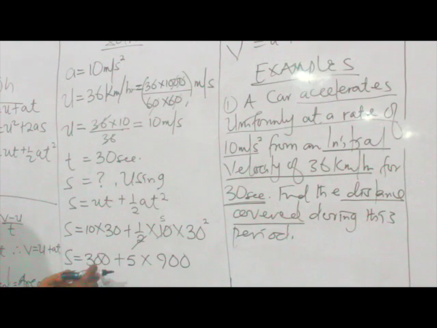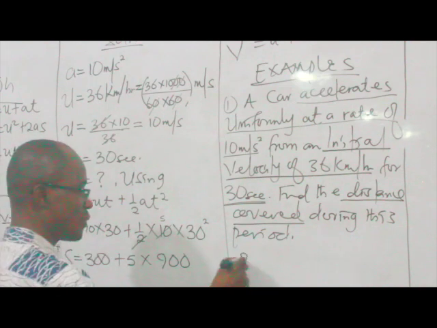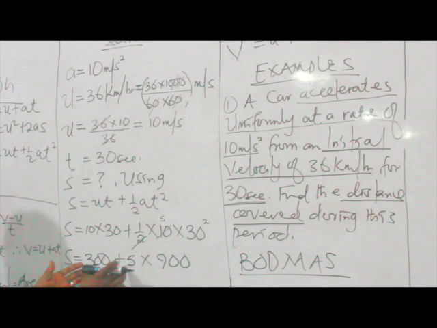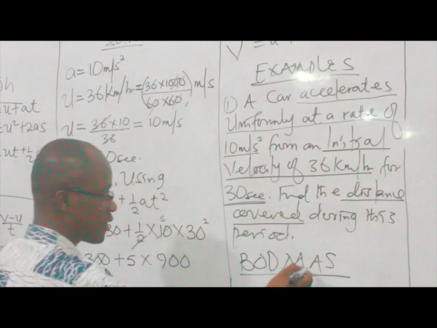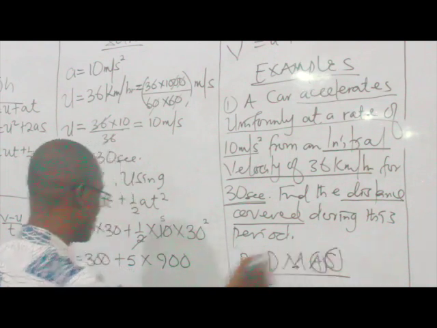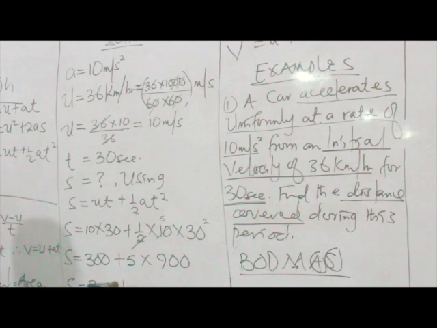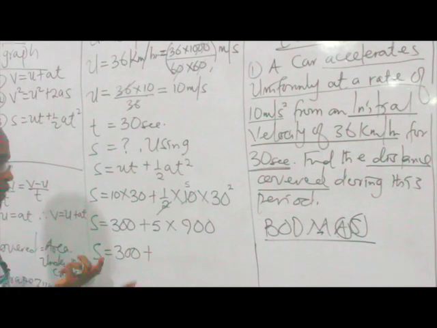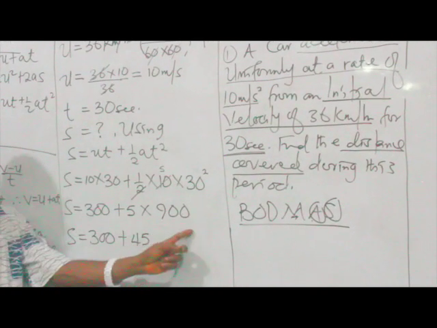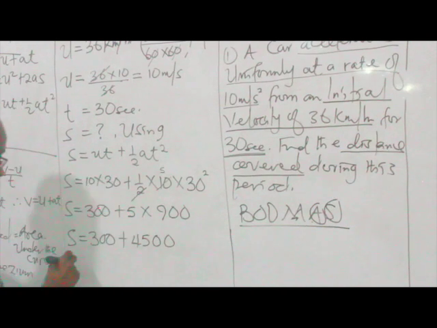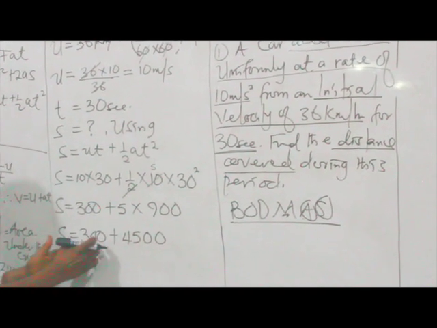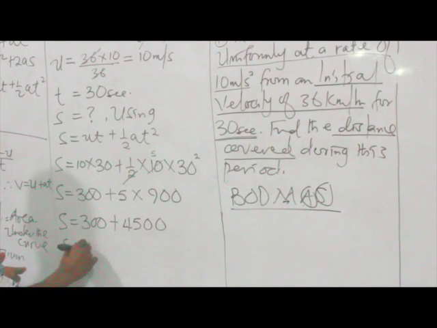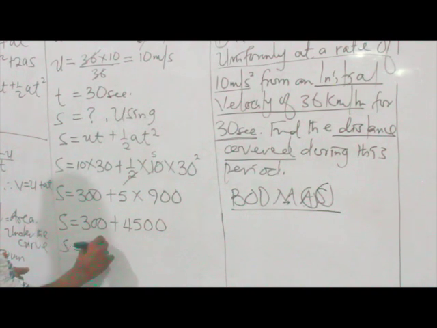So at the end of the day, we have s equals, in BODMAS, please do not add while you're having multiplication. Remember BODMAS from mathematics. If you decide to add right from this point, you fail the solution. You multiply first before you add or subtract. So what we do here, we take 300 plus 5 times 900. The best way to handle this is 5 times 9 is 45, then you write 45 and then 2 zeros. So s will then be equal to 300 plus 4,500. This will give you 4,800